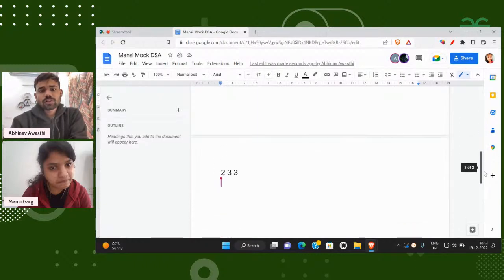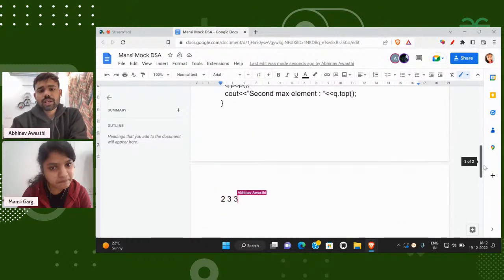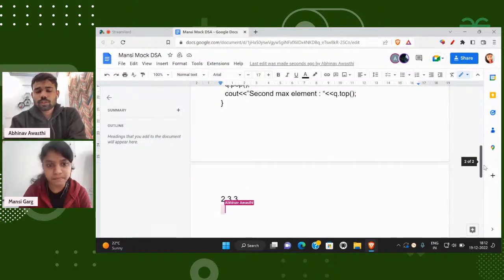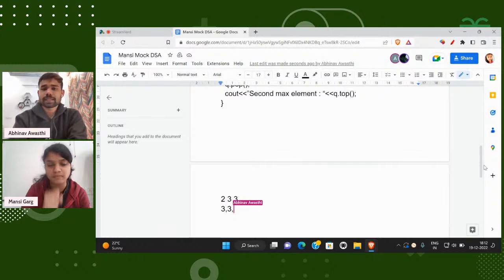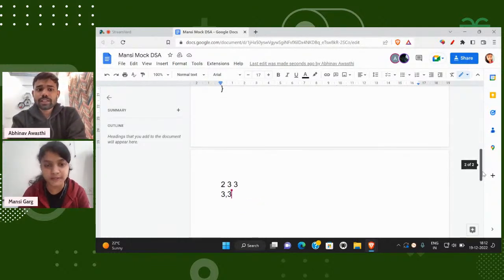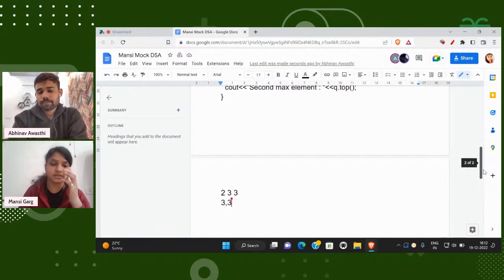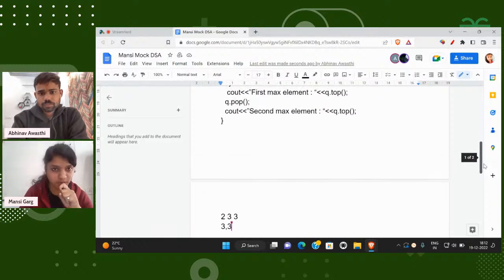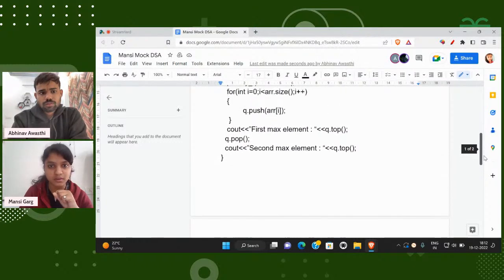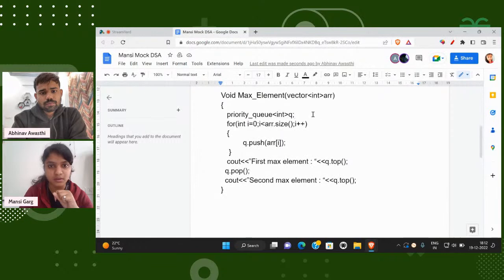For this array, I think your approach will give 3 and 3, meaning 3 is the maximum and 3 is the second maximum. But the answer should be 3 and 2. Okay, so for that,